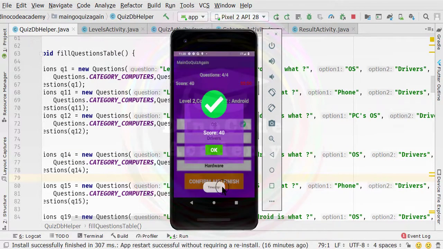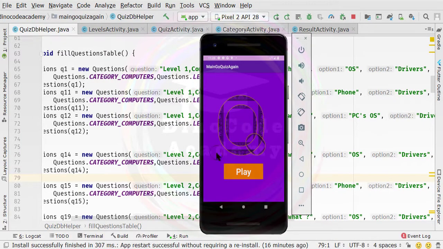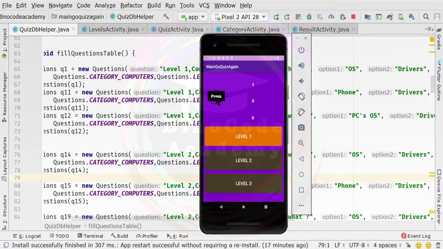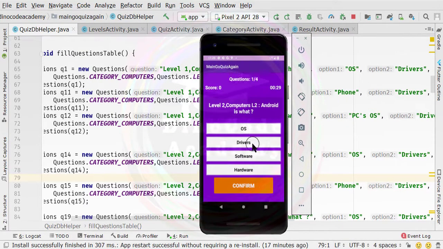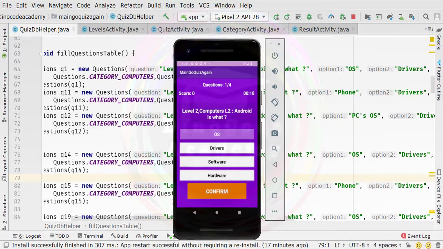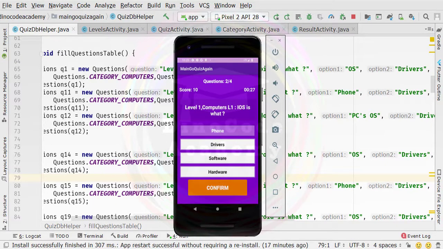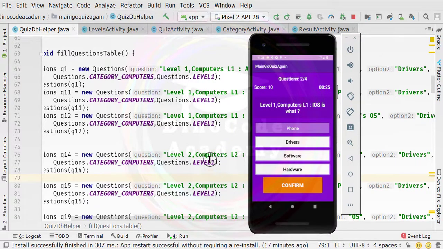Selected, and click confirm. Okay, now the time's up, and it's showing game over. So we are now inside the play screen activity. If I go to the quiz again and select computer, the level is still not unlocked because the quiz went back to the main screen. If I click on the level again, you can see this question is fetched, which is the wrong entry I added. I added it inside level 1, but I need to add it inside level 2. So don't mind if my quiz logic seems wrong. The quiz logic is perfect, because I added a wrong entry inside the database table. So you should pay attention while entering the data. You can see the change in level 2, but I added it inside level 1.